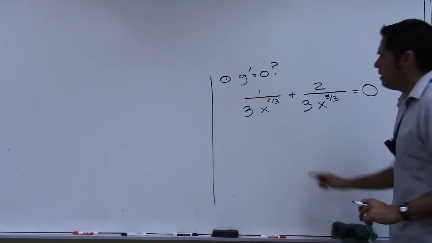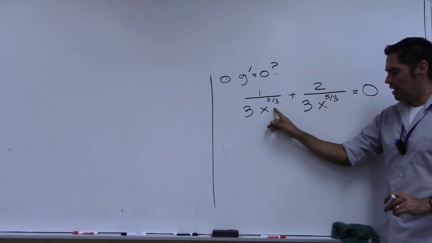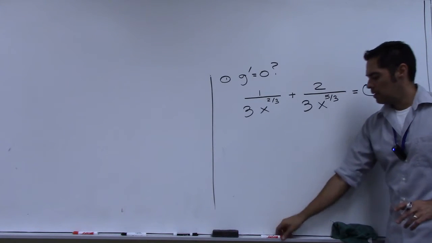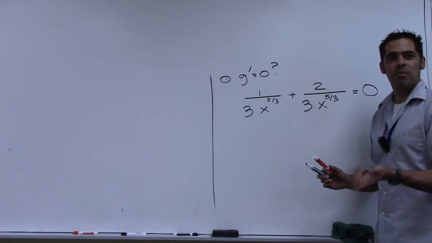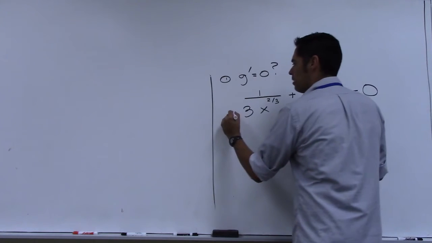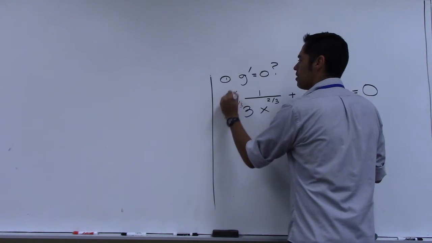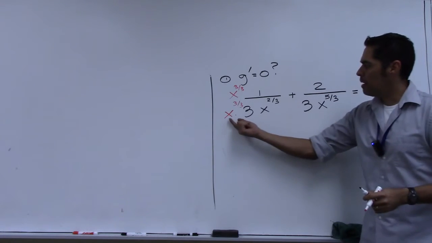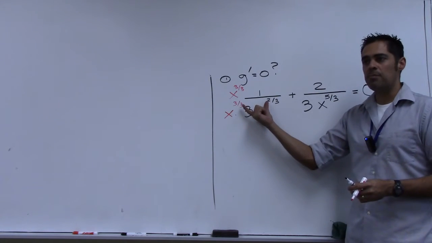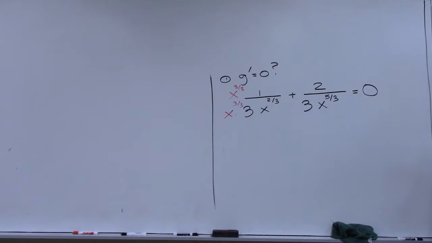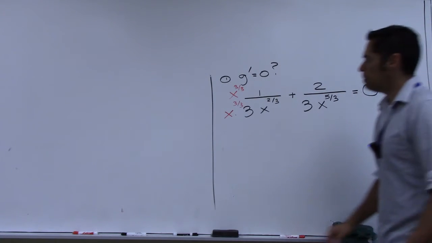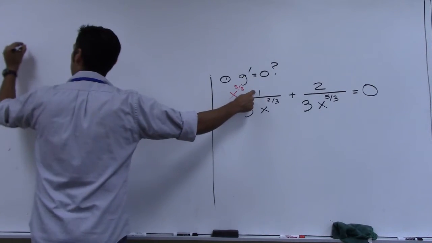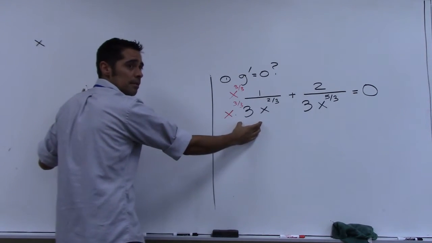So how can I make this one an x to the 5/3? What do I have to multiply it by? X to the 3/3, right? Which is x to the 1. But I'll write it as x to the 3/3 just so everyone understands what's going on here. When we multiply this x to the 3/3 times x to the 2/3, you add the exponents, and you would get 5/3, wouldn't you? But really, technically, I'm just multiplying by x, yes? It's just x. So this becomes x on top over the common denominator, right?